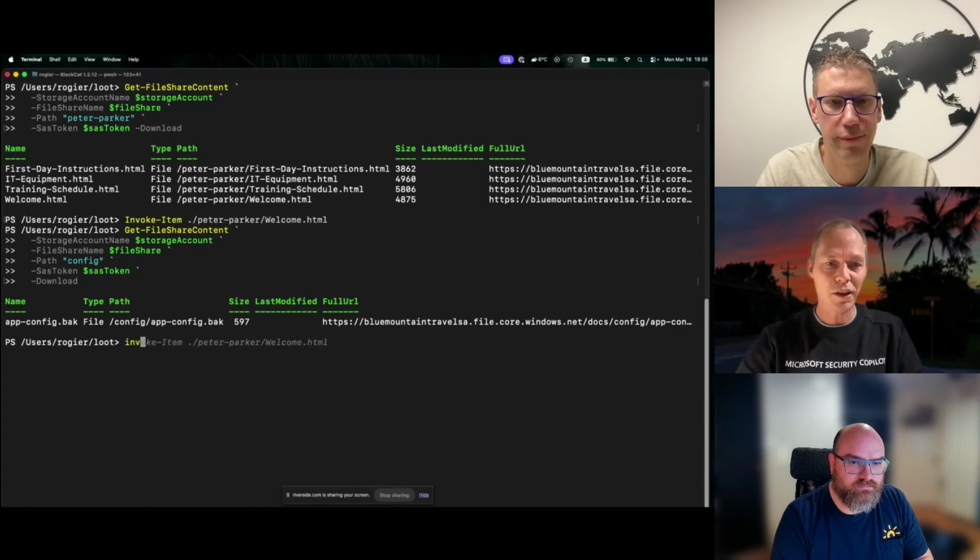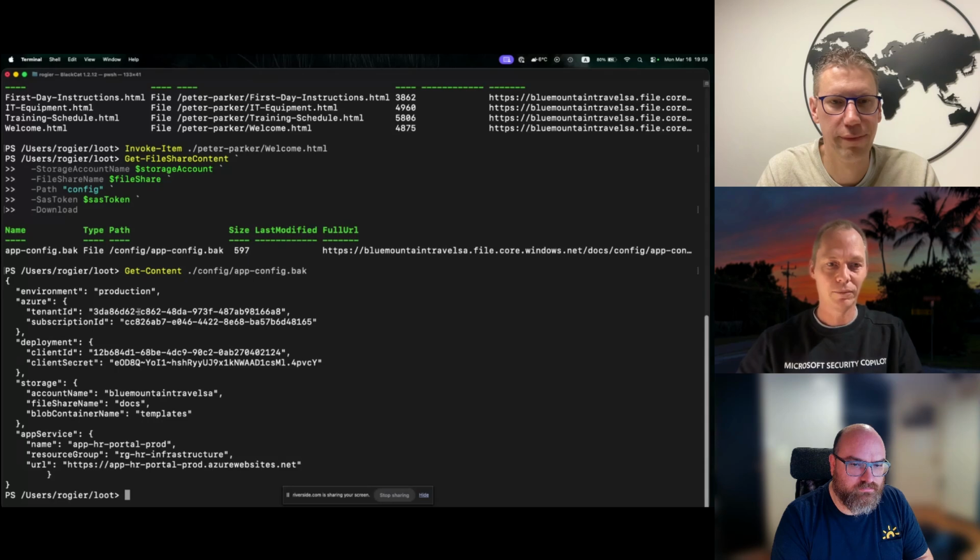Let's see what's in this file. We will use Get-Content. It was in the config folder and the name was app.config.back. As you can see here, we've got some sensitive information within this folder. We've got the tenant ID of the organization, a subscription ID, a client ID, and a client secret. We also see some information about the storage account, how the storage accounts are being organized, and something about the